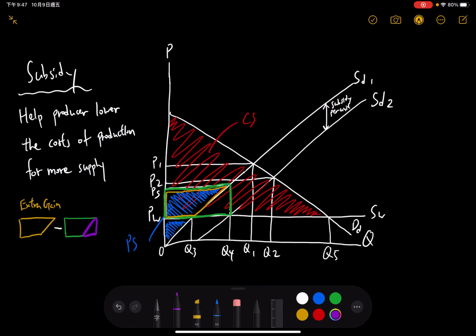This purple triangle here. When you look at the diagram, the extra gain is just smaller than the subsidy cost. So at the end, we know this purple triangle here is the deadweight loss. Okay, it's that simple. So now we can conclude this triangle right here is a deadweight loss to the society,